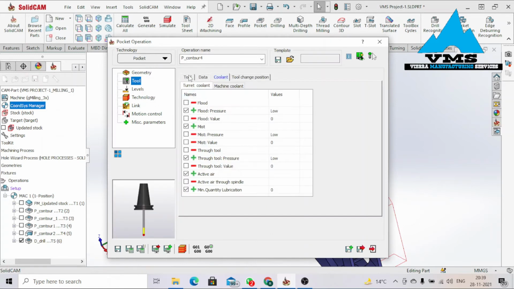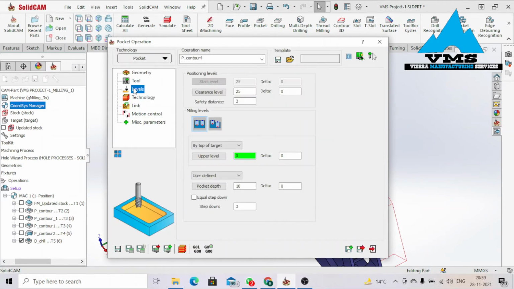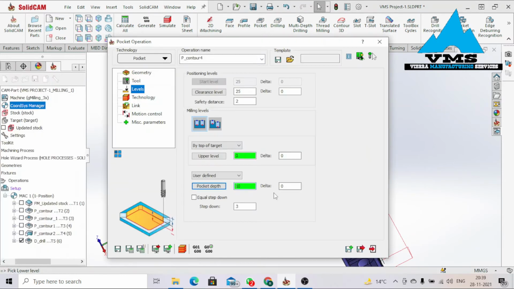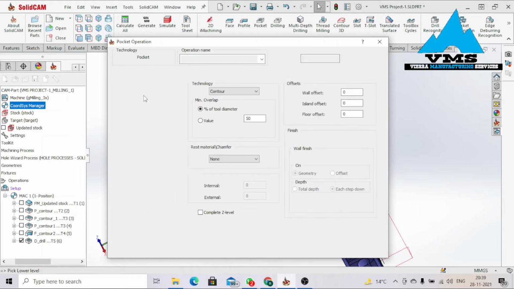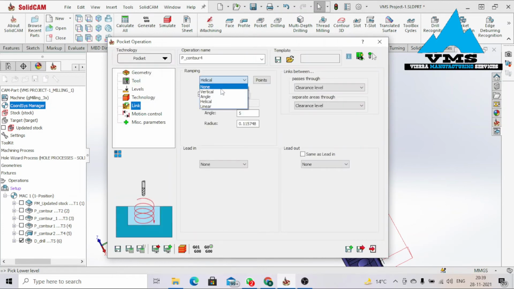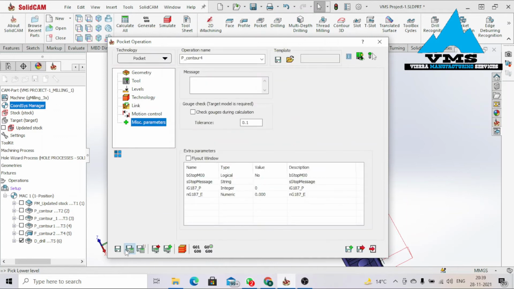Tool already selected. Our tool is fine. Levels, upper level selected. Pocket depth. This depth. Okay, good. Okay, step down. Let's say 0.04. Okay, technology. Quantum roughing, 0.1 proper finishing. Okay, good, all good. Link none, just the same thing. Good. Calculate,